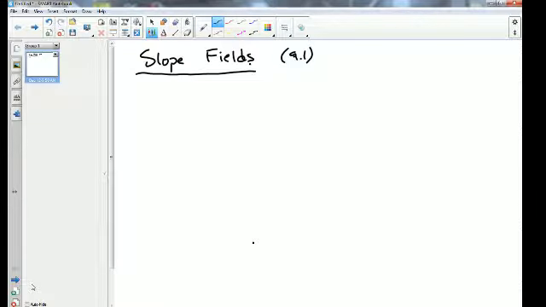Okay, for a slope field, slope fields deal with differentials, just like we scored in our homework when you were finding the original. This is a graphical representation of that algebraic equation. So you will be given a derivative, something like